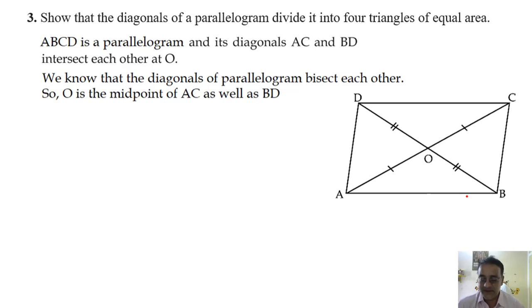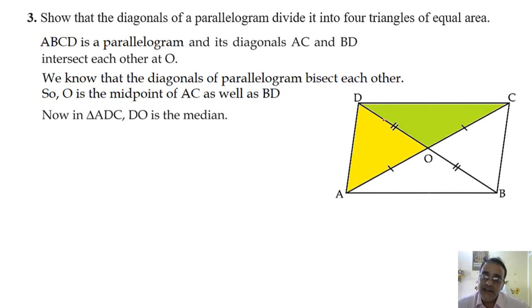Okay. Now see this triangle. ध्यान से देखो ये वाले triangle ADC. Just now we confirmed that O is the midpoint of AC. Wait, ये वाला, the shaded one. So we can say that DO is the median of this triangle, because we are joining the midpoint. Any doubt? No, sir. O is the midpoint of AC, so DO is the median of this triangle.